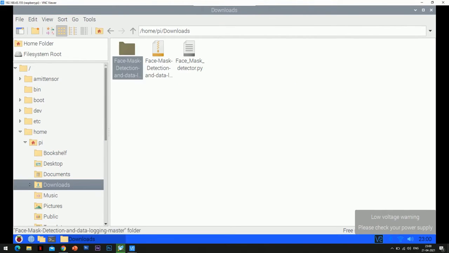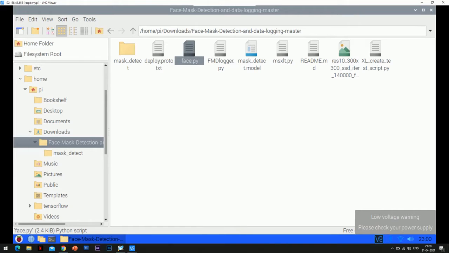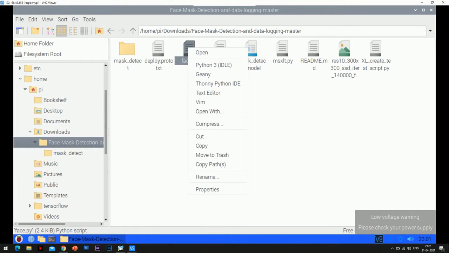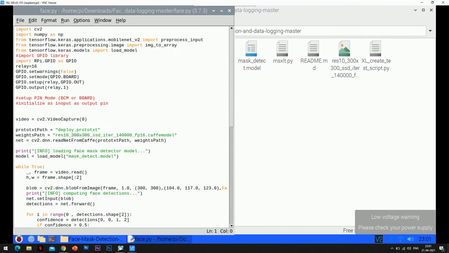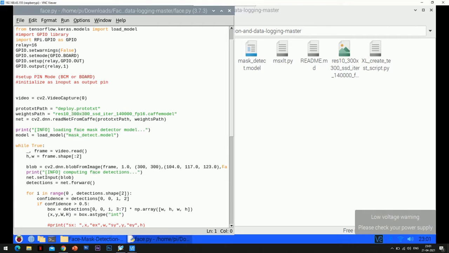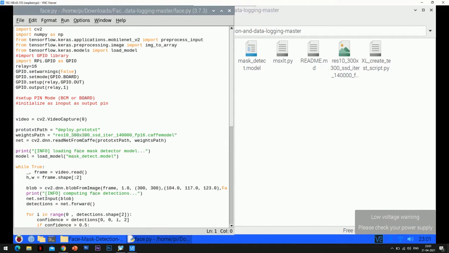Now we'll see the software part of the project. Since we are going to code in Python language, we are using Python IDE. The further algorithm is divided into two parts. Part 1 is installation of dependencies and packages. In this part, we'll install different machine learning modules like TensorFlow, Keras, MobileNet, and OpenCV packages.